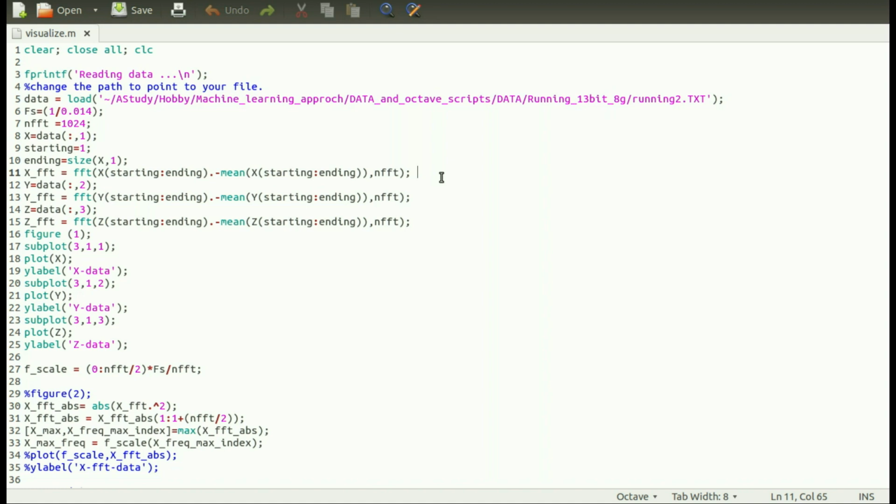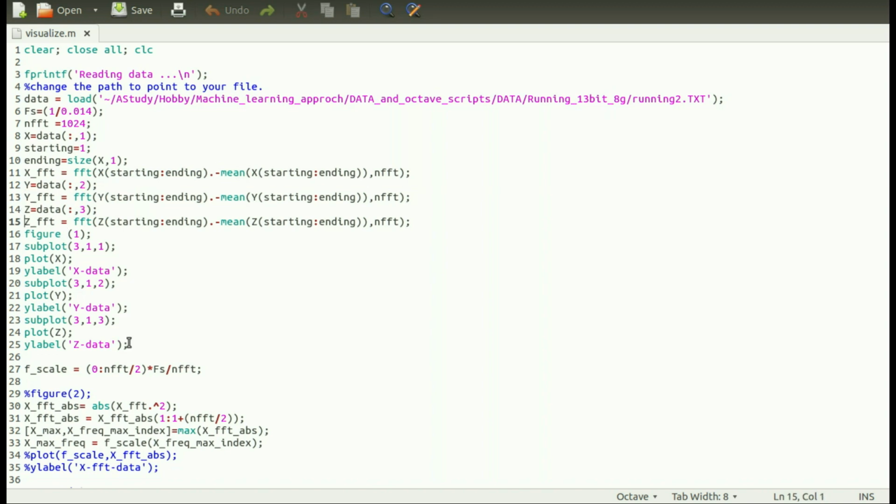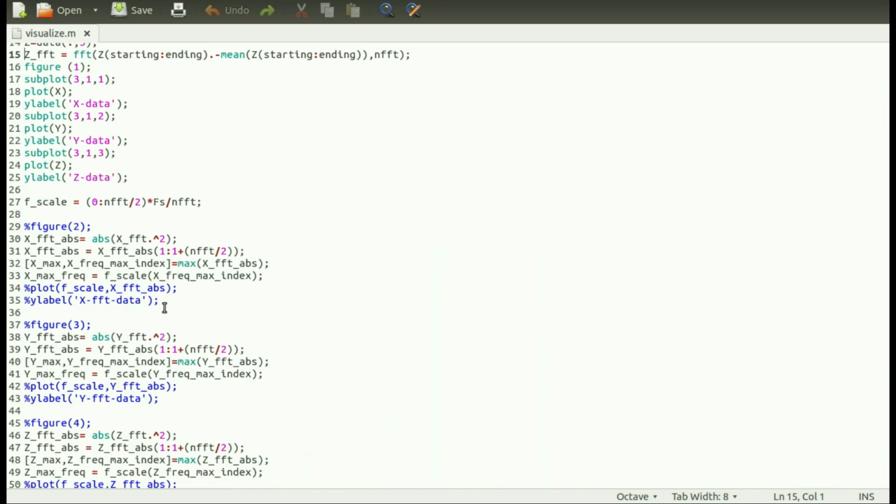So to remove that part, I just subtracted this mean, so that every waveform is shifted to level 0. I hope I am making it clear. If you have any doubt, you can put it in the comment section. So this is why I am doing this mean subtraction. Then the same is the case for y and z, and this was the plotting part that I have already mentioned. Let me just uncomment this part where I plot the